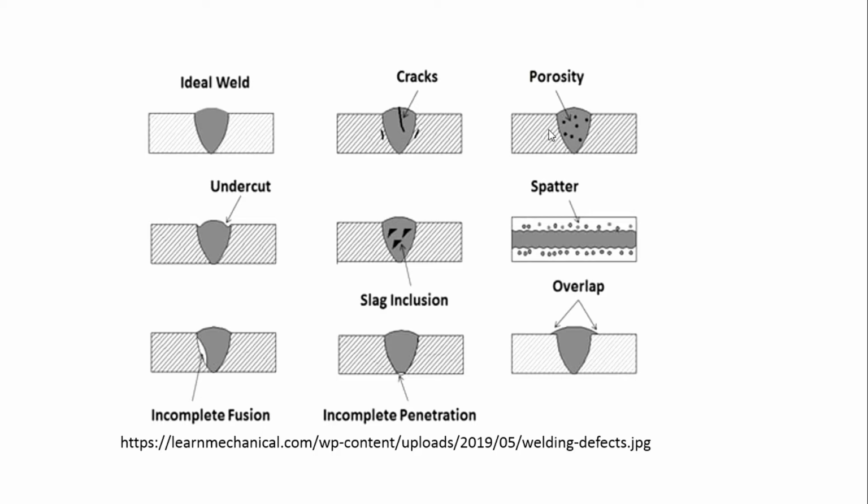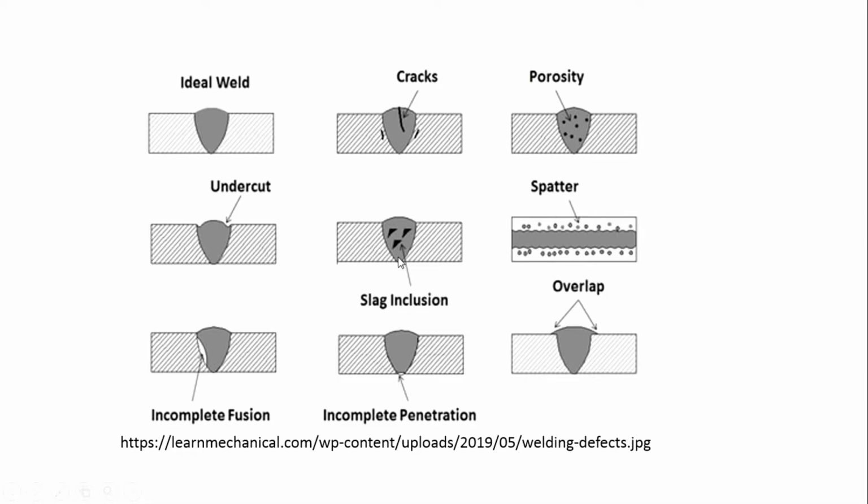If a large number of porosities appear, what will happen? This area will be covered with many gas traps. If the size of the porosity is high, there is empty space available, so the strength will automatically reduce. What about the undercut? If you are going for fatigue and other things, the crack will start to propagate from the surface level. So undercut will be very severe if you are going for fatigue analysis. If any component is going to be subjected to a fatigue load condition, you should check whether undercut is present on the joint or not.